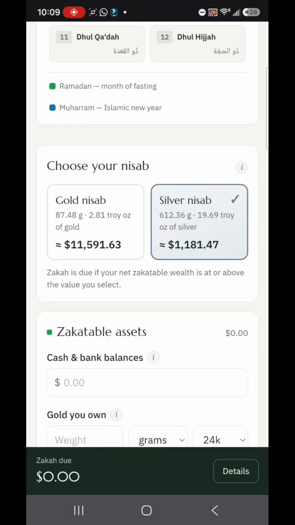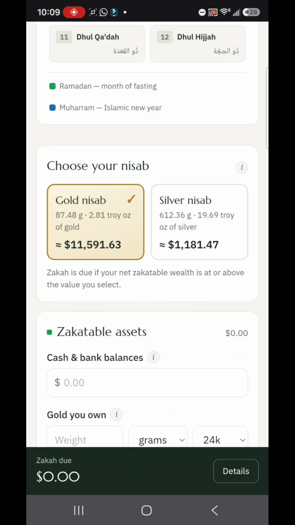There's nisab for silver and there's nisab for gold. So you could have silver coins. If you're a person who's buying silver to safekeep, then you calculate from here. Once you have 19.69 troy ounce of silver, which is the equivalent of $1,181 in today's market, then when a year lapses and this was in your possession, you pay zakah on it. Or gold nisab. Gold is in today's market 11,591,